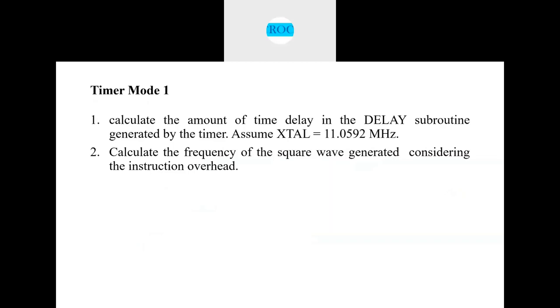Now for this program, since it says analyze the program, you need to calculate the amount of time delay in the delay subroutine generated by the timer. And here the crystal frequency is given as 11.0592 megahertz. Now you need to say how much is the time